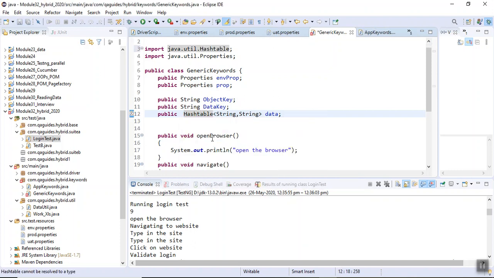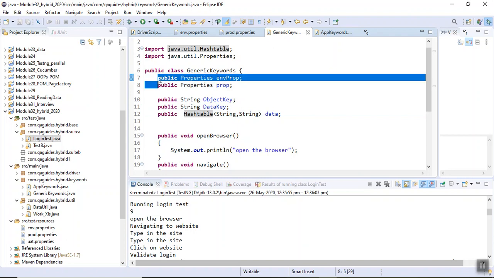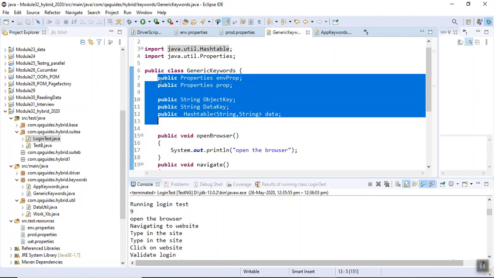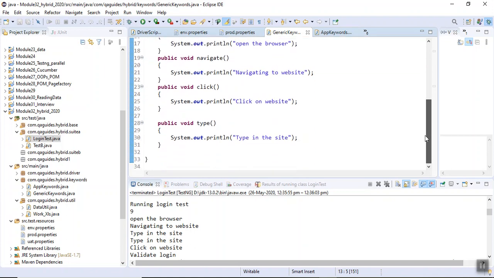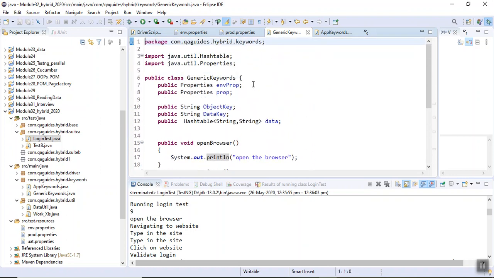I will use getter and setters for all these properties, and we will use in our generic keyword class. So what I will do? Remember, I will go at the end. I will use here only.